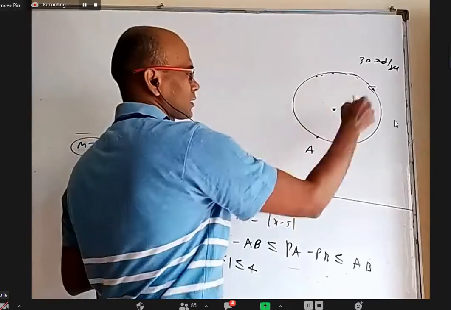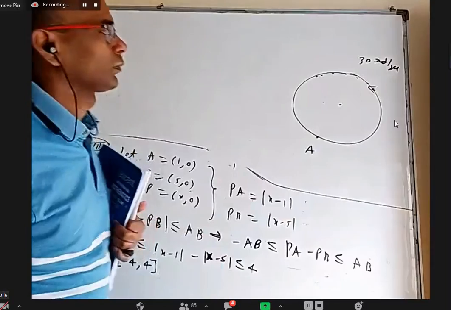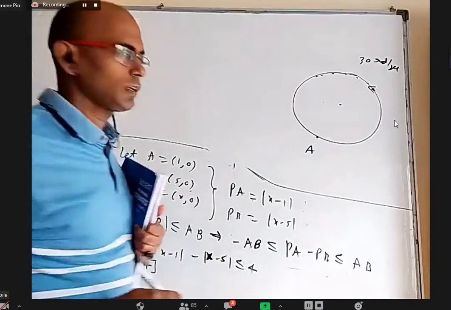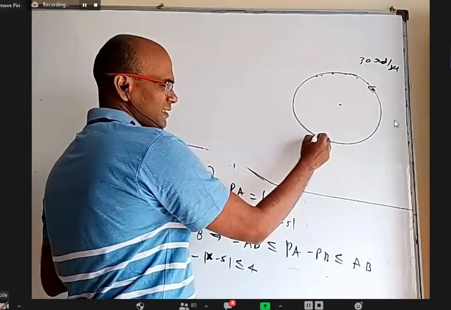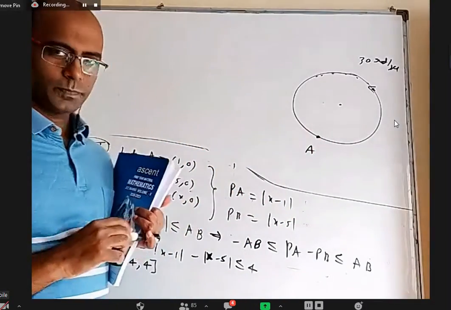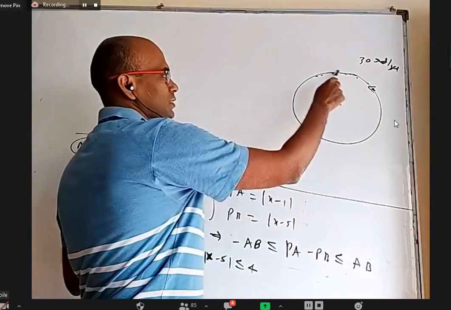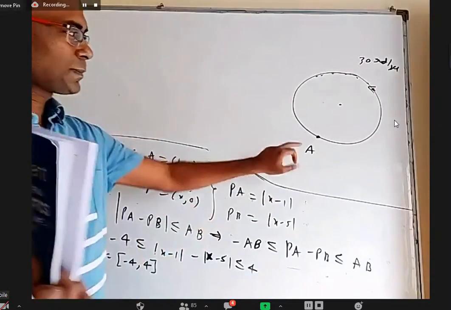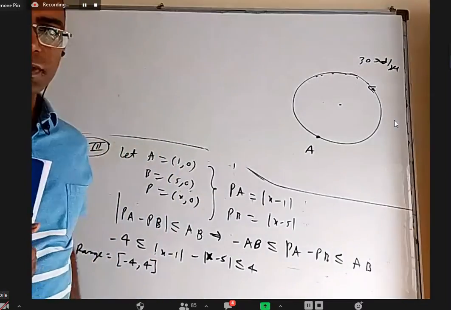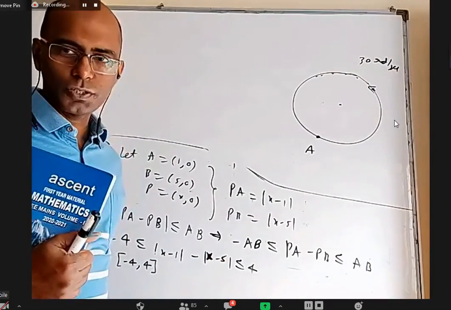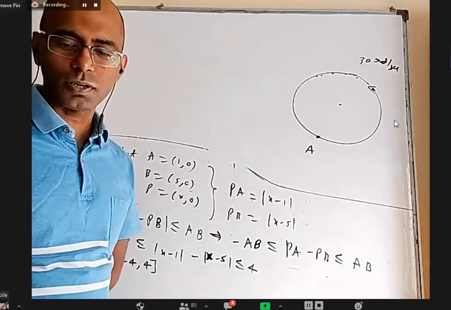So this is a circle. With respect to the center, when you observe, it is traveling with a uniform angular velocity, 30 radians per second. Let us say somebody is here at A on the circumference. If he is the observer and is observing all this motion, with respect to A also, will that particle be traveling with uniform angular velocity? Yes or no? If it is yes, what is that angular velocity? If it is no, not required to tell.